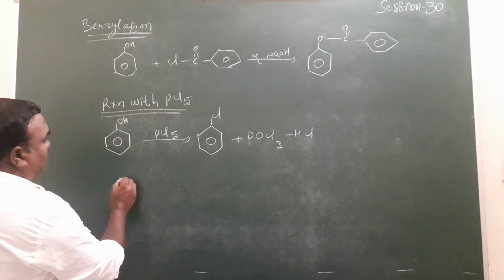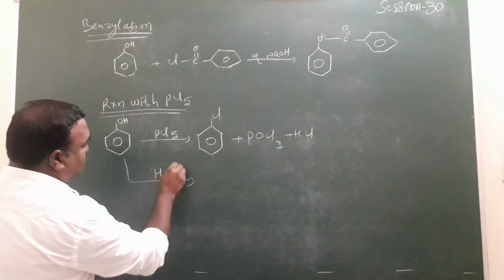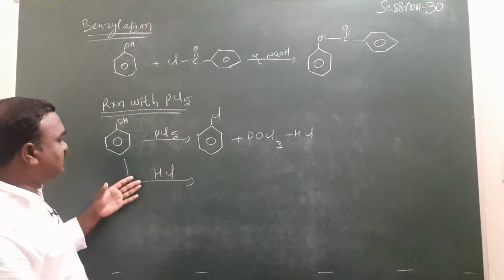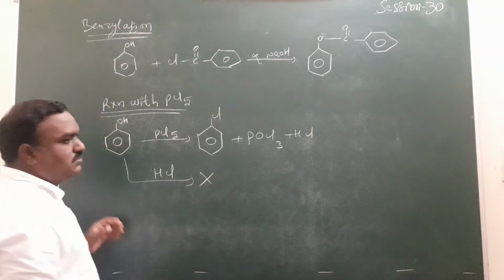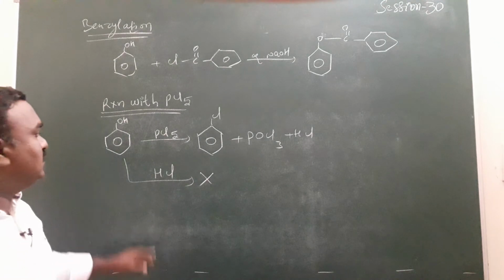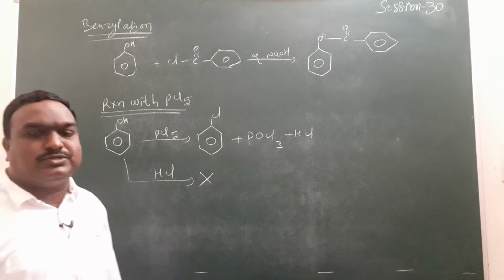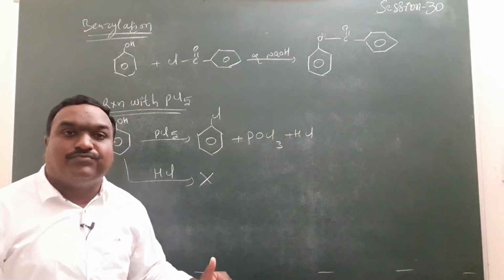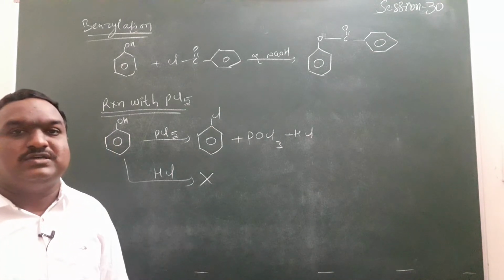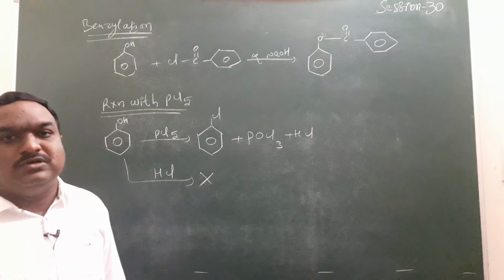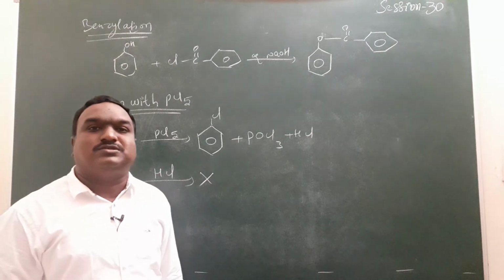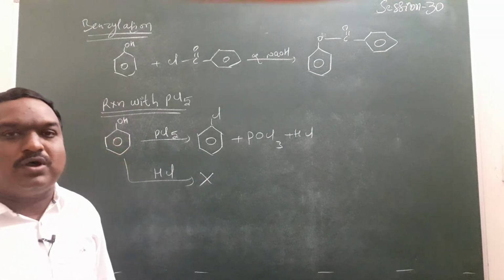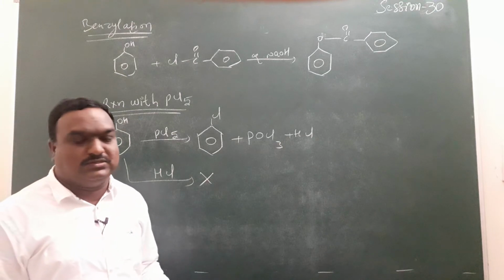For example, here the phenol compound is given HCl. You remember, wherever a phosphorus halide is given, the reaction is possible. If a simple halide is given, there is no chance to get the product. It does not undergo a nucleophilic substitution reaction. Why? Because the given group is a strong group. Reason: the phenolic oxygen is carrying lone pairs. The given system is a conjugated system. It does not easily undergo substitution reactions. So due to resonance, the compound will not give a product with hydrochloric acid.